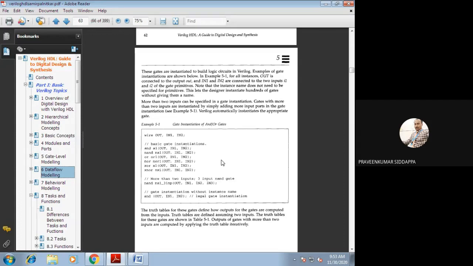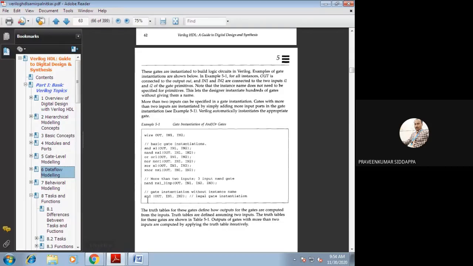More than 2 inputs are there. How will you write it? I have written it there; you can check it for the NAND gate. NAND NA1, so anything you can write. This instance name should be user defined. You can write anything, but keywords are compulsory. That one only we should write. So out, comma in one, in two, in three. There are 3 inputs and the NAND gate we have executed.